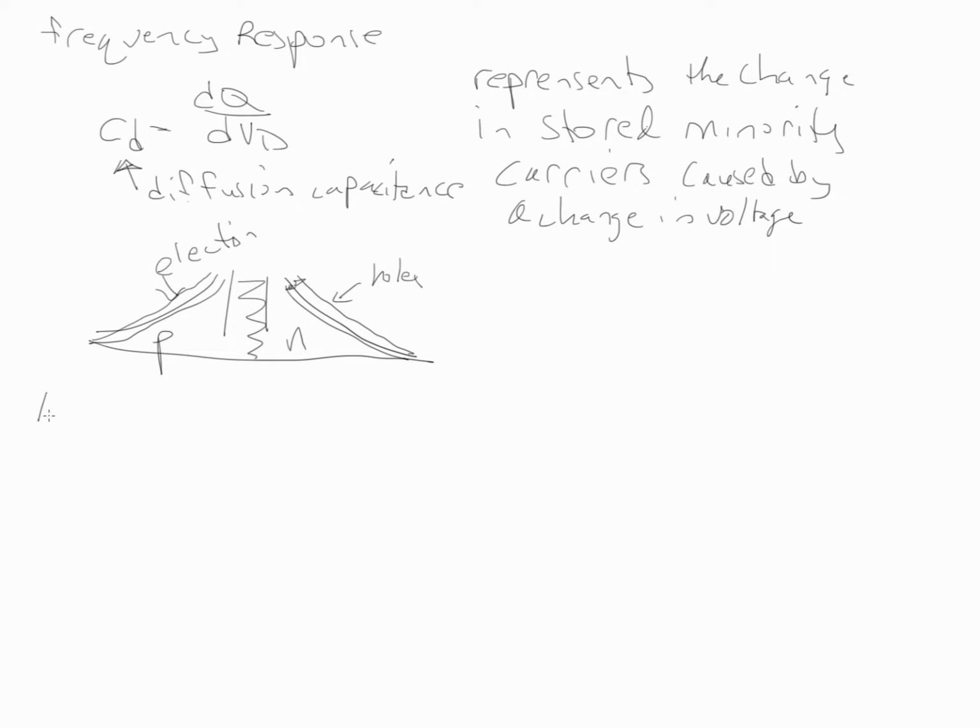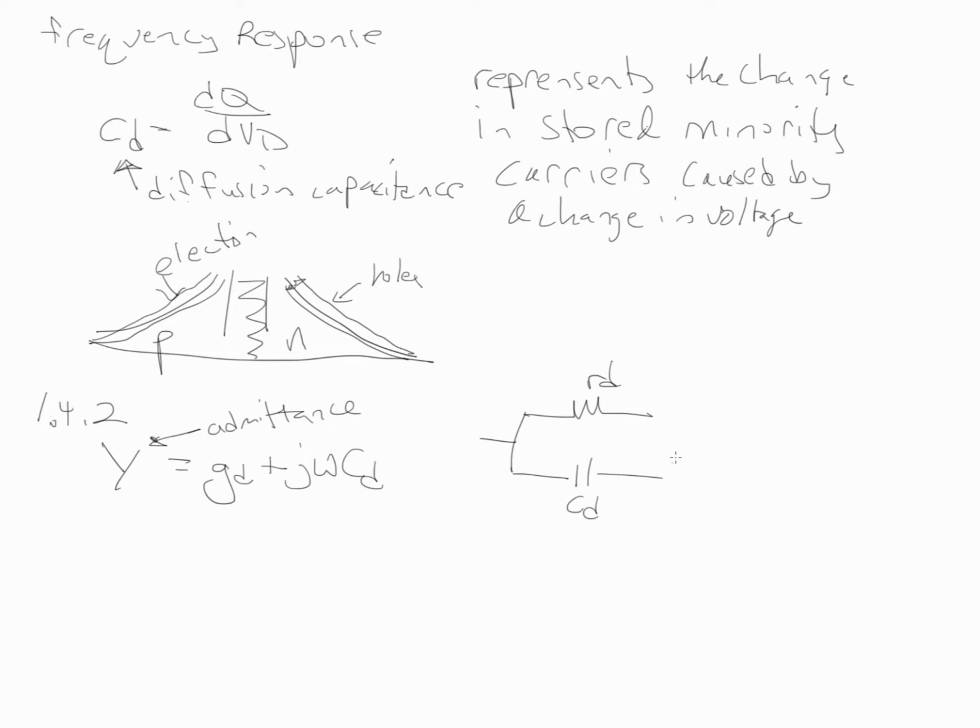And then in section 1.4.2 they present this formula where you have the admittance equal to G sub D plus j omega C sub D. And they present a model for the small signal, where you have R sub D in parallel with this C sub D, this diffusion capacitance. And how they really get the formula: